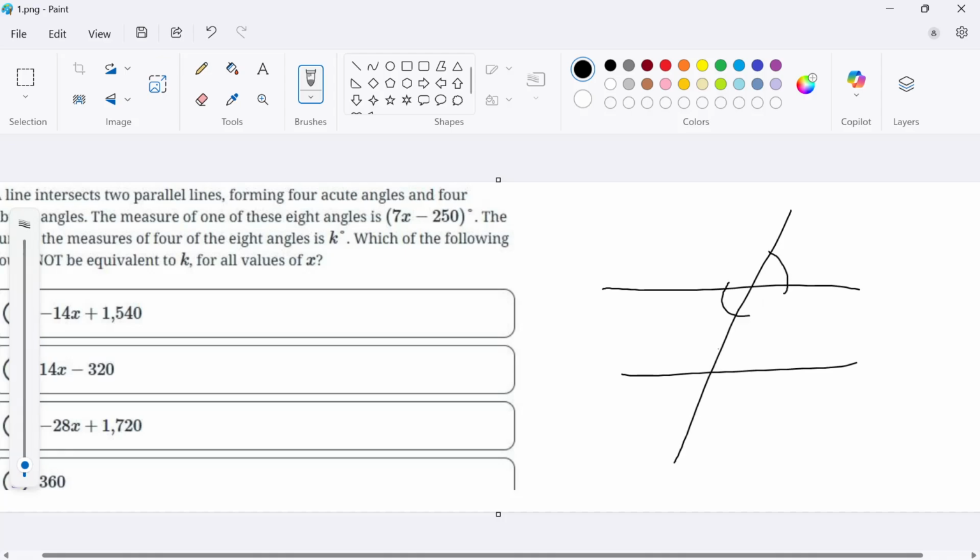1, 2, 3, 4 acute angles, and then I'll put a little tick there. 4 obtuse angles. 4 angles more than 90, 4 angles less than 90. So